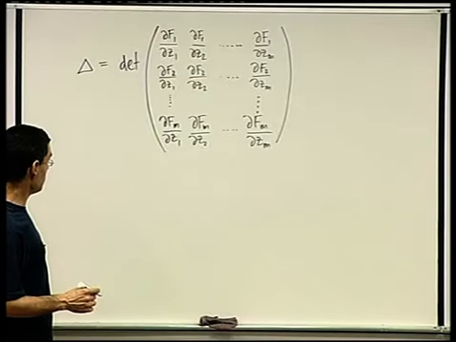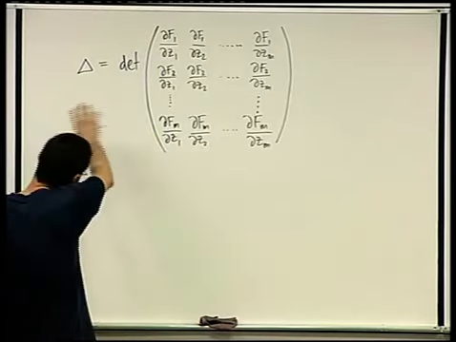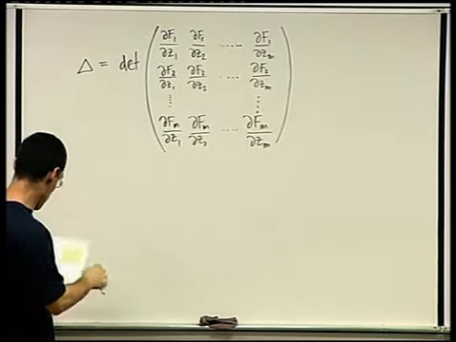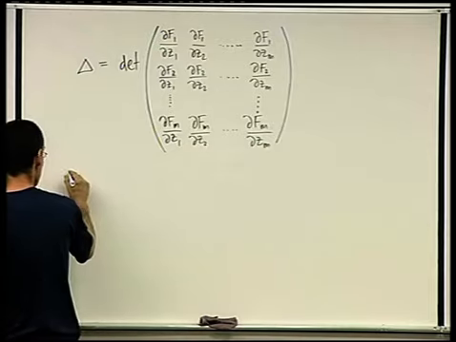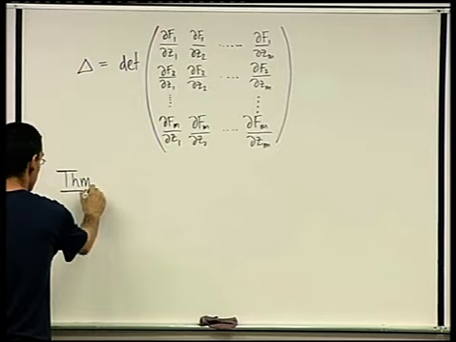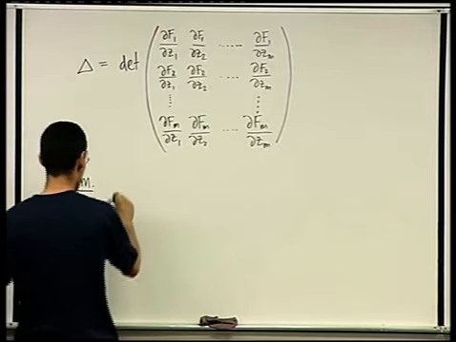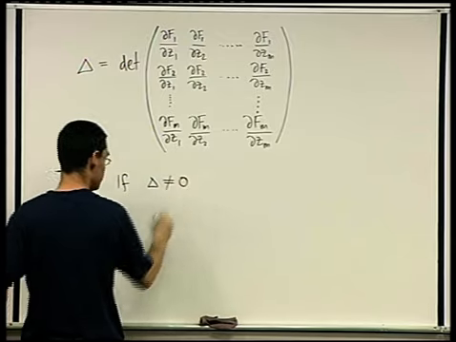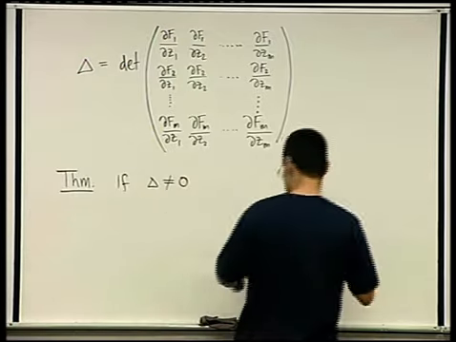So I'm calling this thing delta, the determinant of this matrix. And now the theorem is the following. This is the implicit function theorem for this situation. If delta is non-zero, then,